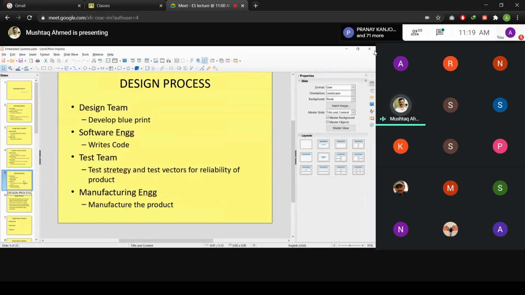Now, in a design process, we have the design teams who print the blueprints of that. That means the mask layout of that design is available with you, and based on that design, you can make the product. I will give you the example of the war between AMD and Intel. There was one foundry which used to design different types of processor architecture, and that was commonly shared by IBM.